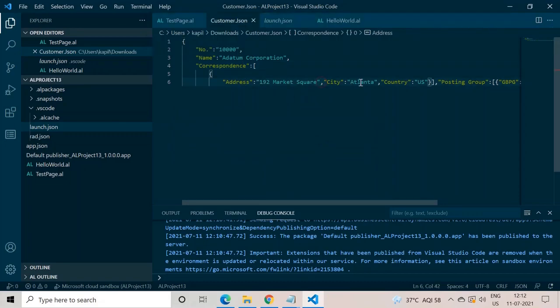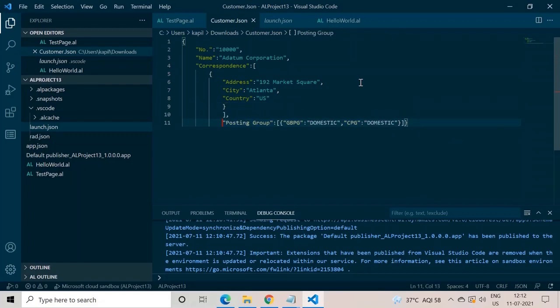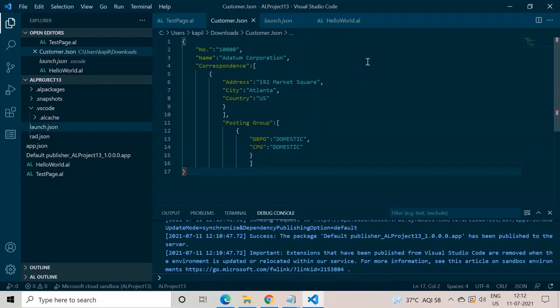So let's do it manually. City, country, that's it. Here my array finishes, then a new array starts. Here it is. This is my second array, and this is my first array.